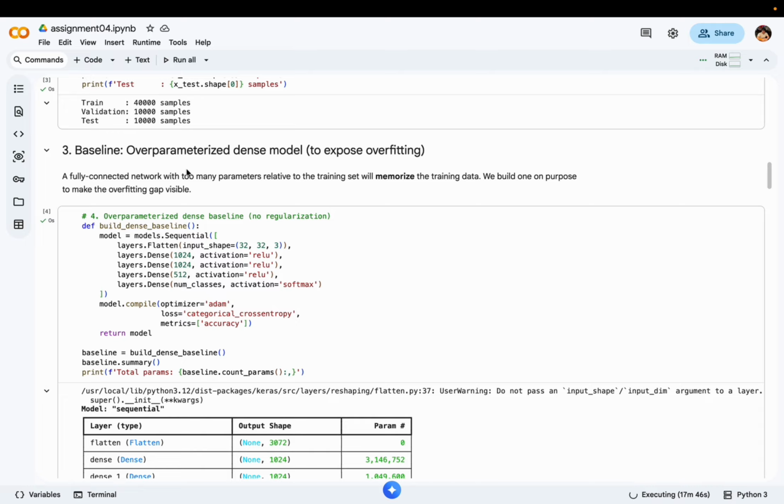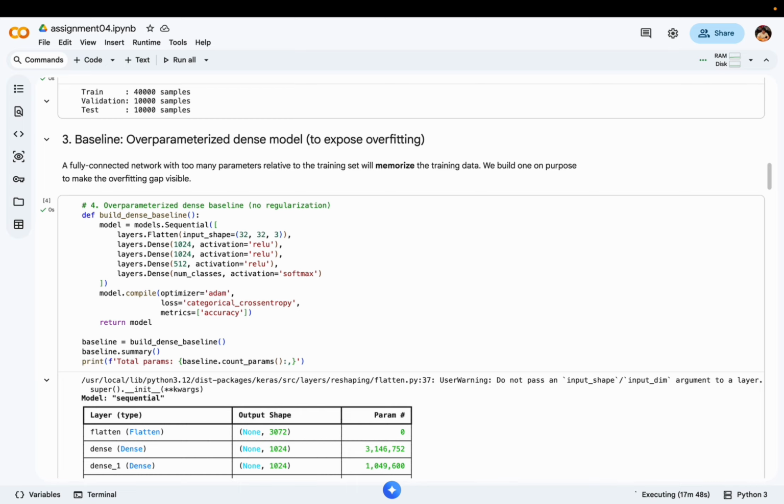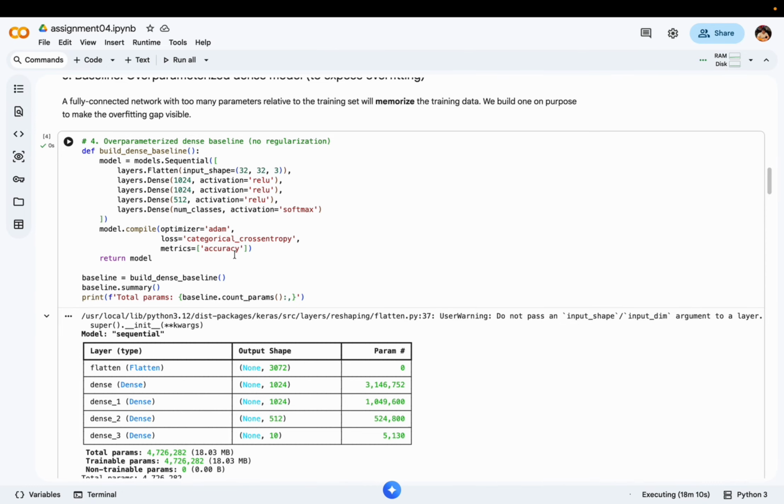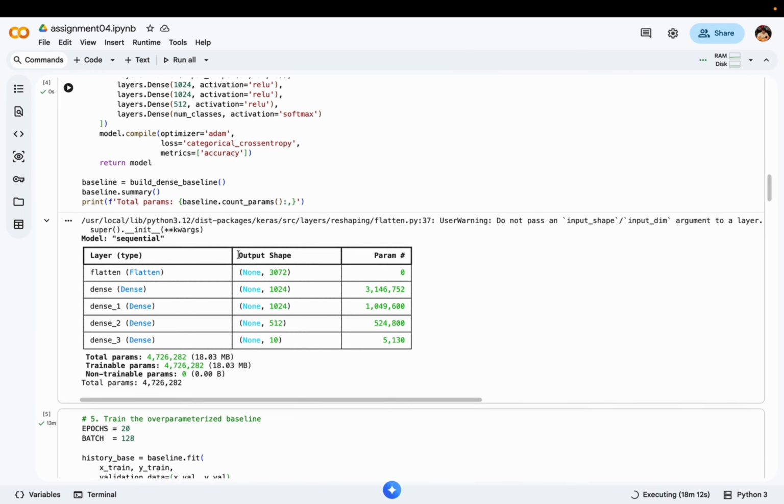So we come to the baseline. The first model is intentionally bad. It's a fully connected network, flattened to 1024, and then 512 units, then the 10-class softmax. That's several million parameters fed by only 40,000 training images with zero regularization. So you can see what happens